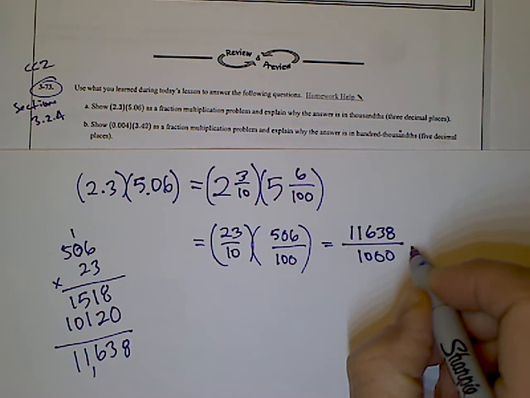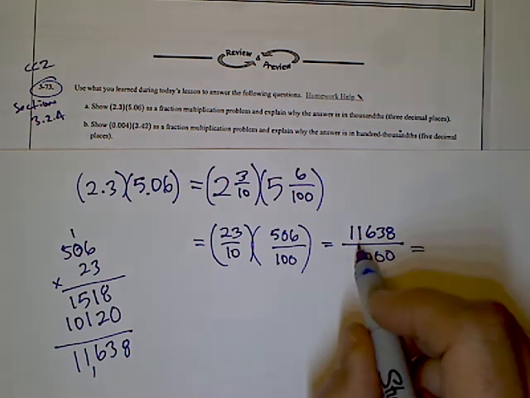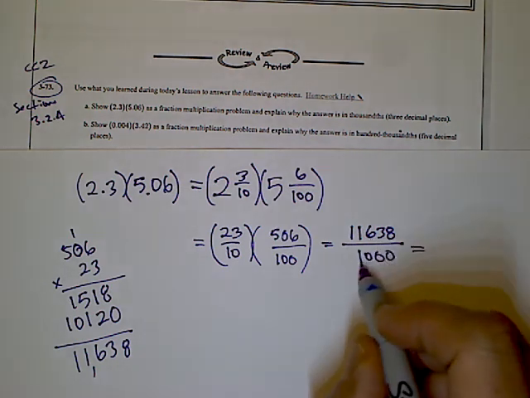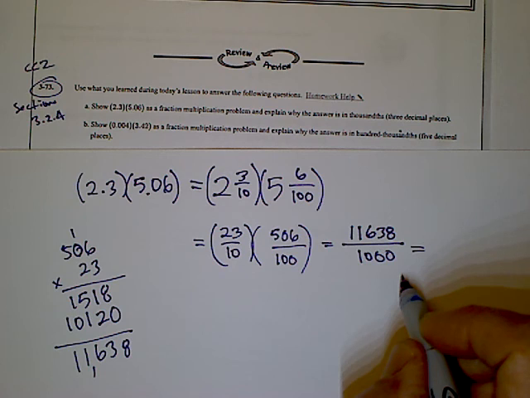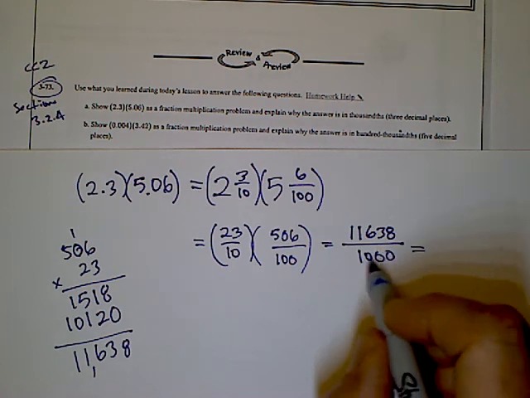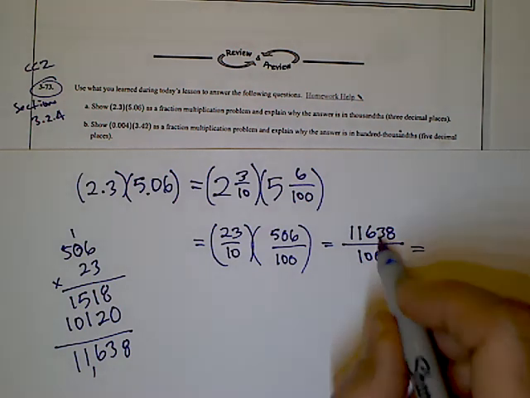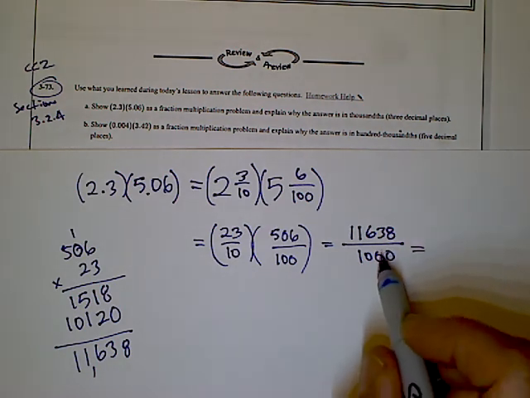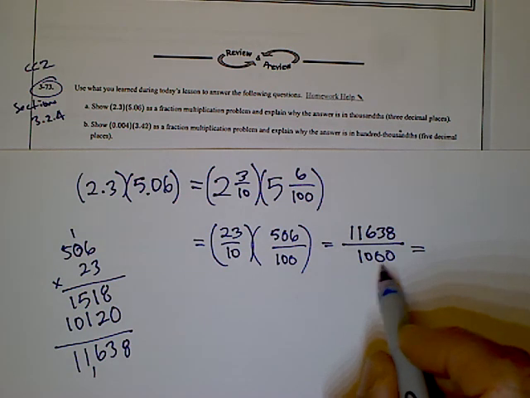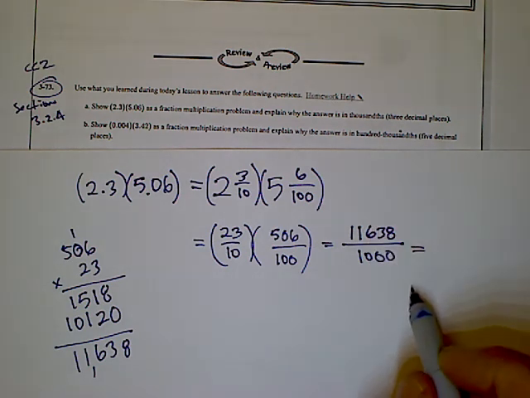So what is that as a decimal? If I divide the 1,000 into the numerator and put this in decimal form,